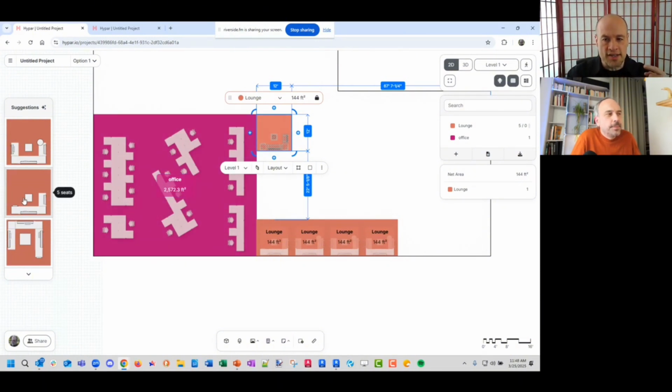So the project gets more intelligent as you go. As you add more and more types and customize them, those become the suggestions that you can use more often. And we see this a lot in the healthcare projects because they design different types of patient rooms depending on where they go in the hospital. And then the architect wants access to that as a library, and it gets presented here in suggestions.